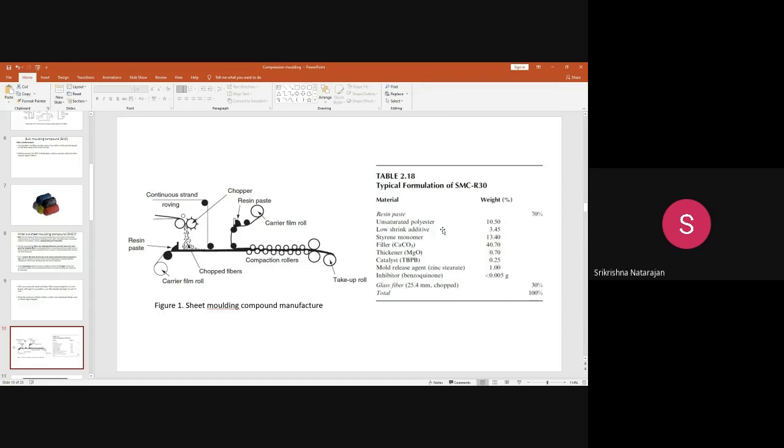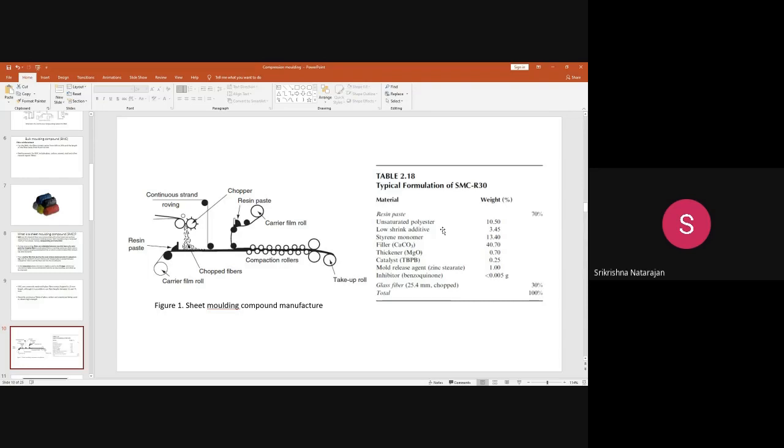If you recall our discussion in the previous lectures, there is some presence of sink marks. So that is one of the problems. And there you add some diluent to dissolve the polyester, so that the viscosity can be controlled. You add a styrene monomer, fillers like calcium carbonate to reduce the weight, and a thickener sometimes to increase the viscosity. Then a catalyst you add to speed up the reaction.